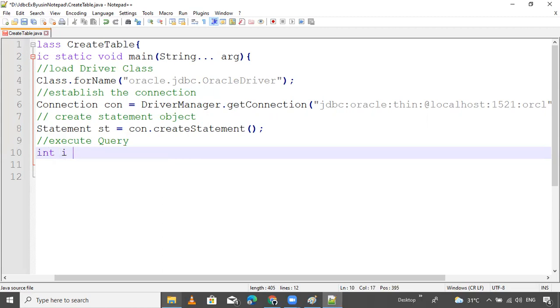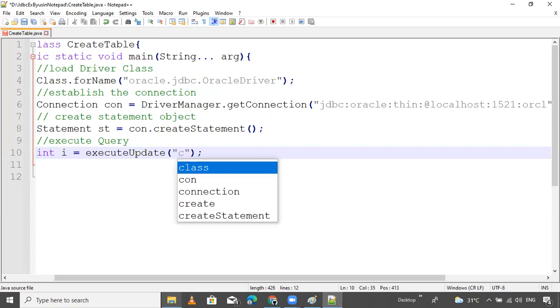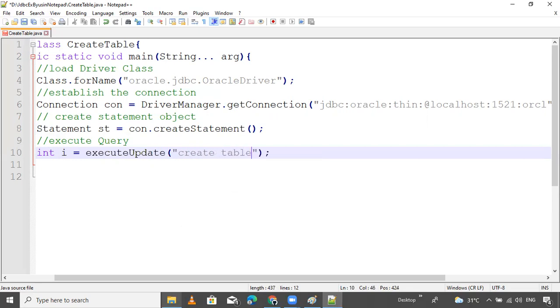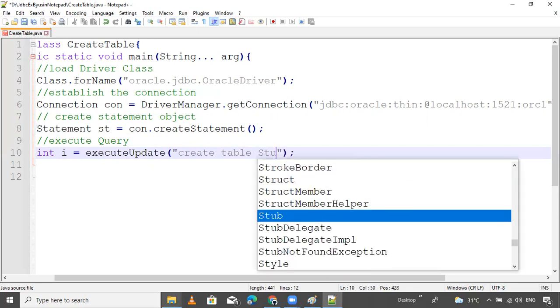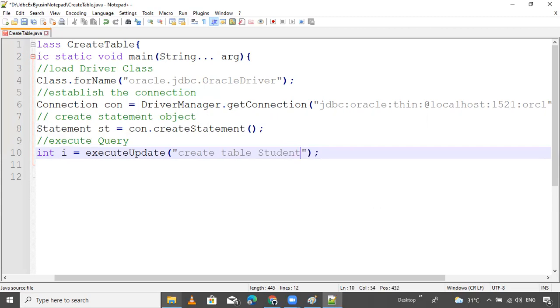Simple: int i, for backup purposes, I will check whether the table is created or not. So I call executeUpdate. This is the method. Here create table, this is the non-select query. Create table student.